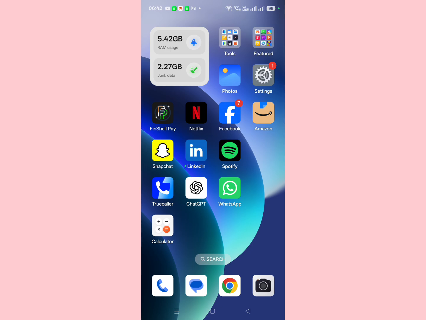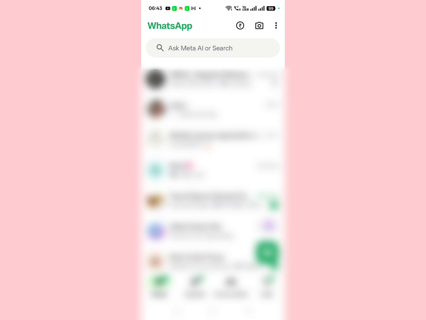So today in this video I'm going to show you how you can add your username on WhatsApp. This is a recently updated feature from WhatsApp that you can use a username on WhatsApp also, like Instagram and all. So guys, to add your username on WhatsApp, make sure to update your WhatsApp from Google Play Store or App Store. Let me just get inside the WhatsApp, and then here you have to click on this